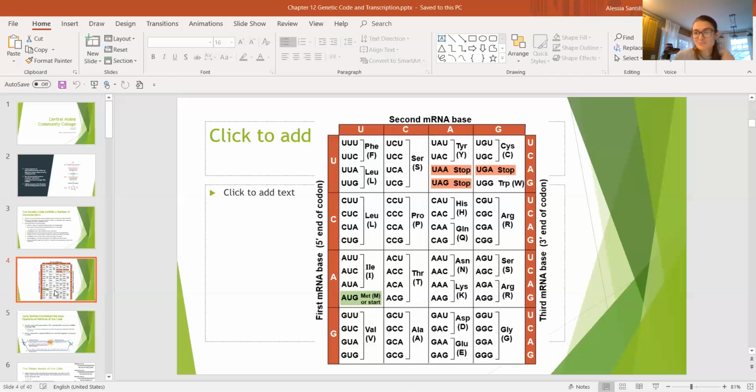I wanted to see if I remembered those before I looked at the genetic code. I think stop codons are awesome. I want my license plate to have one of them, I think UGA or UAG. I think UAG is the one that most people know. I think that would be really funny on my car. Okay. Anyways,